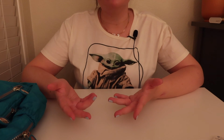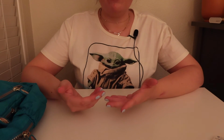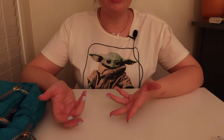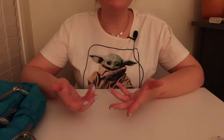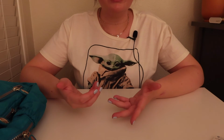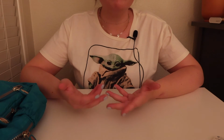So that might be a cool thing, is if you go to Disneyland and you want to take a souvenir and you want to buy a sweater and invest in that, you could conveniently wear that at night when it's chillier and you get a fun souvenir. So I think that's a great option. I didn't end up doing that. I kind of wish I did, but we really ended up leaving with just very little things, but probably super